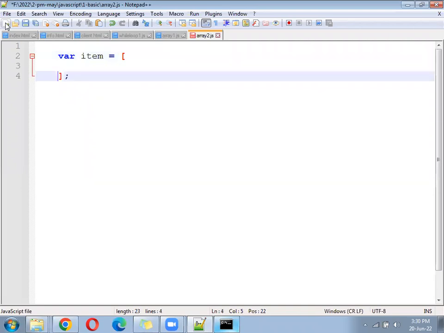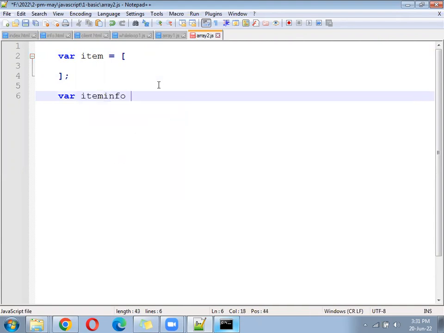Now inside, this will be a multi-dimensional array, called an array of objects. Multiple objects we are going to keep together. So first, before writing this, suppose I go here and create another variable, item info equal to